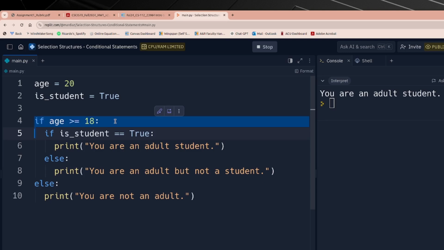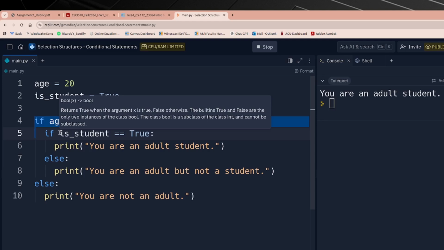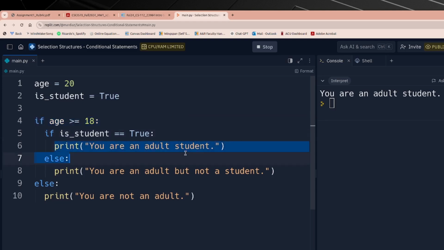And then remember, if there was nothing under here, like if there was just a statement here that said you are an adult, then we would not go to the else. But we're here, and then we go here, if student is true, okay. And then once we hit this, we're done with the conditional statement. And we were done with this outer conditional statement as soon as we got in. I hope this isn't confusing,